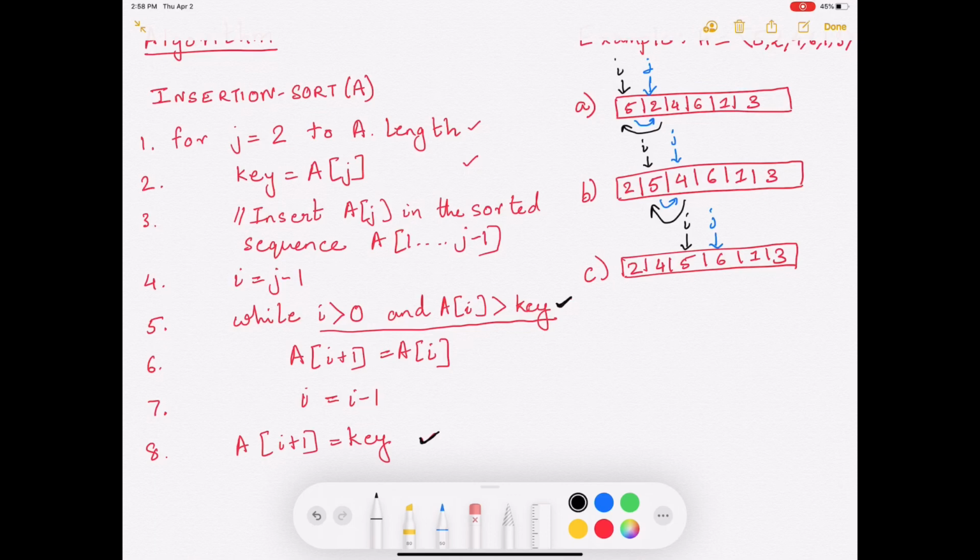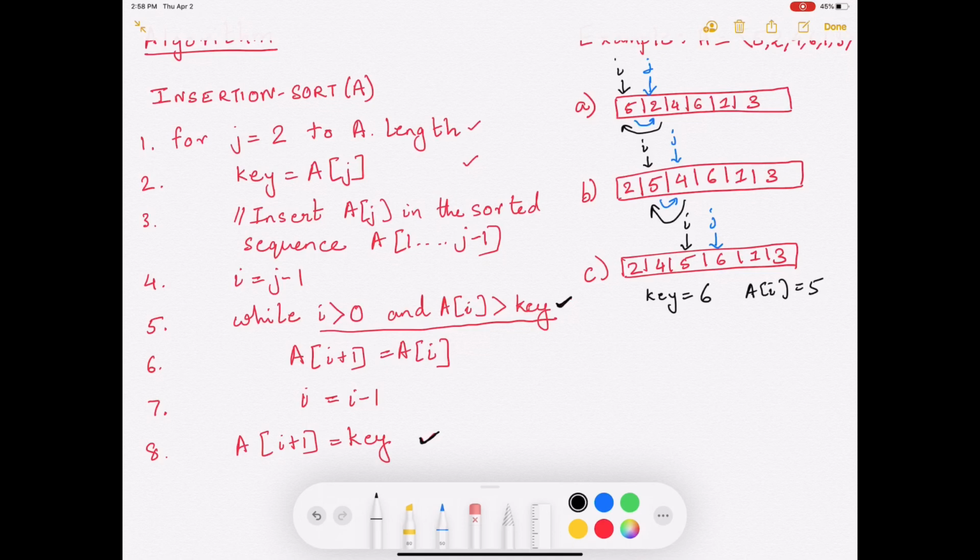Okay, so now I is greater than 0. Let's look at key value. The key is equal to 6. AI is 5. So it's not greater than key. So you're not going to enter into that while loop. So you're just going to come out of the while loop. Just not going to even enter. You're going to bypass it and come to line